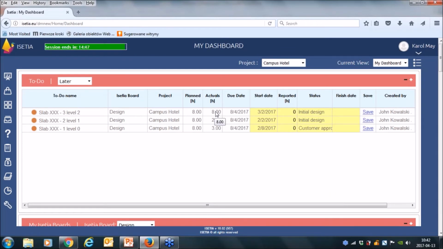So, just to summarize, all information from the bottom level is aggregated on the top level.